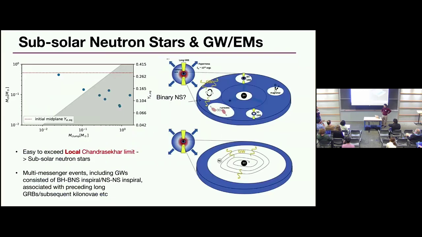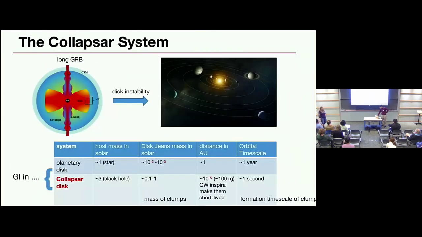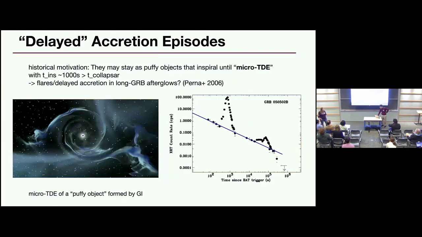Oh, yeah. That is the historical reason why we're interested in this, even before gravitational waves. For gamma ray bursts, there's a long afterglow, and sometimes we see flares in the afterglow. This is one mechanism to replenish the disk after the main accretion channel. You retain some of the mass inside these clumps, and these clumps do not inspiral on the timescale of 1 second, which is the accretion timescale. Only after the gravitational wave timescale do they get disrupted, and then there is a later accretion episode.